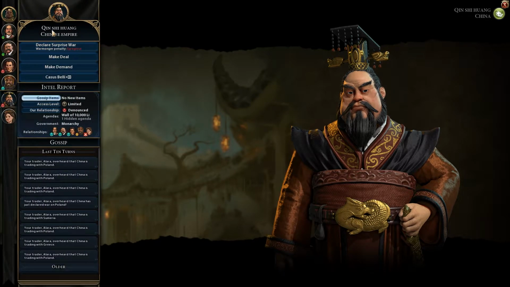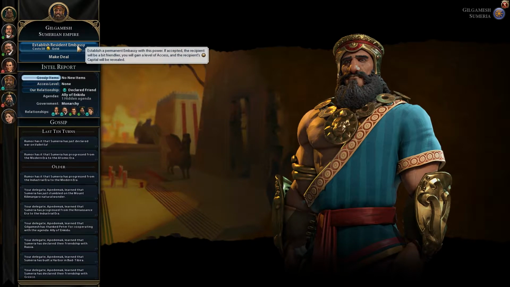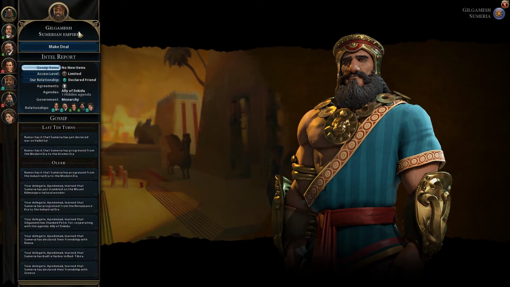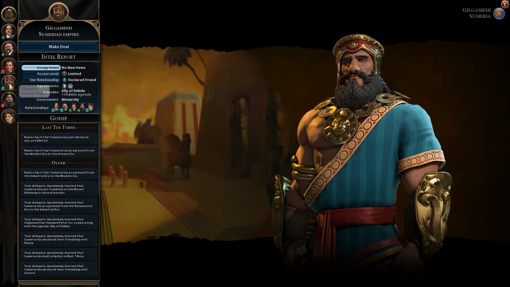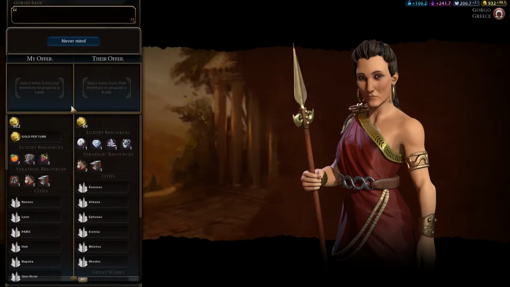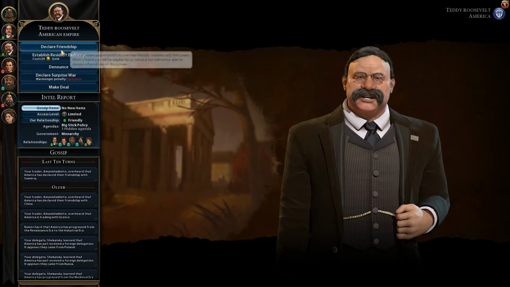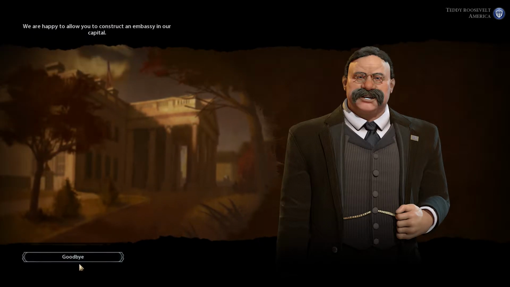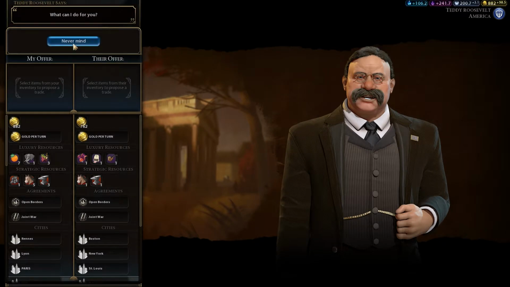So that's Qing Shi Huang. I honestly don't know how to... I'm going to establish a resident embassy here in Gilgamesh. And he doesn't have any resources that I need or don't want. I will do open borders with him, though, to get the increased culture tourism against him. I'd like to make a deal with you. You don't have any of the resources available. I will establish a resident embassy with old Teddy, old pal. Then I want to have a look at...